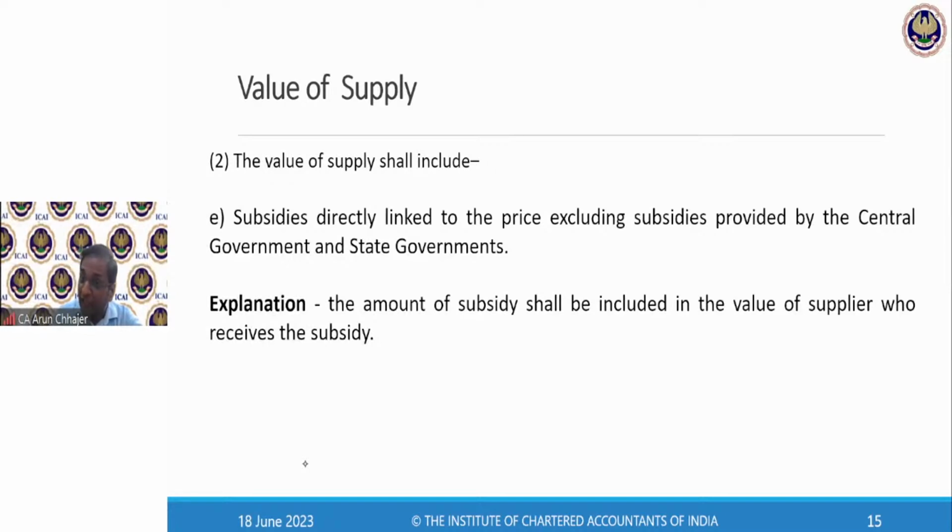यहां पे क्या B लॉस में सेल कर रहा है? Whether B is making the supply at loss? No, he is not making the supply at loss. Then he cannot raise the invoice below cost. बहुत इंटरेस्टिंग एग्जांपल है, मल्टीपल एलिमेंट है, ट्राई टू अंडरस्टैंड द एंटायर एग्जांपल, ऑल एलिमेंट।